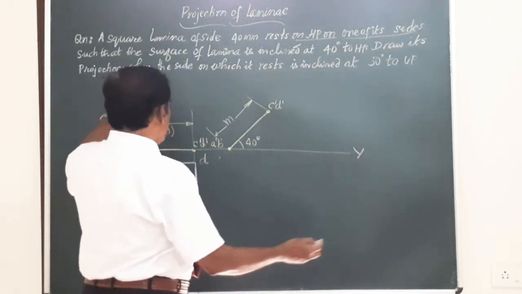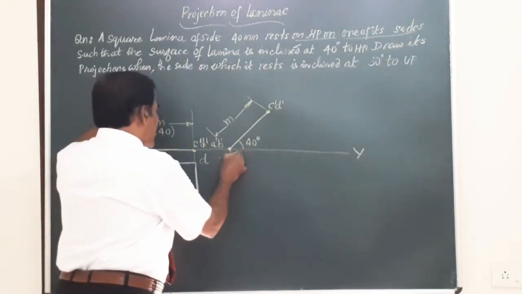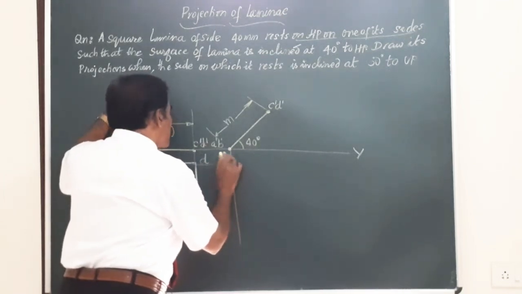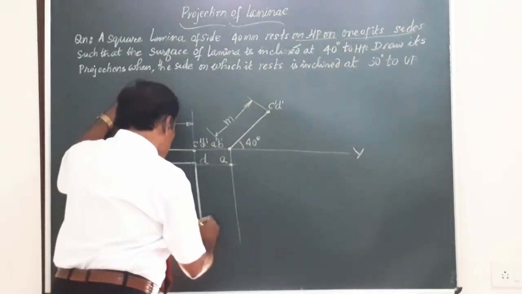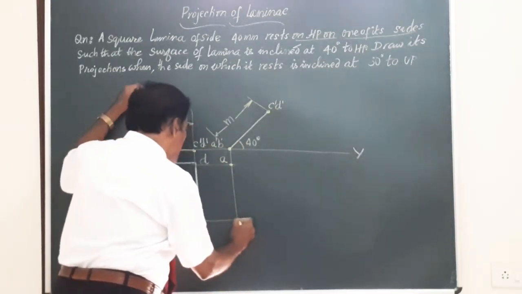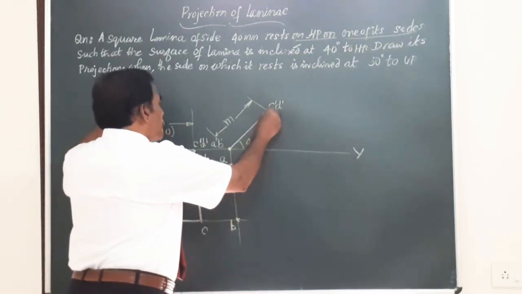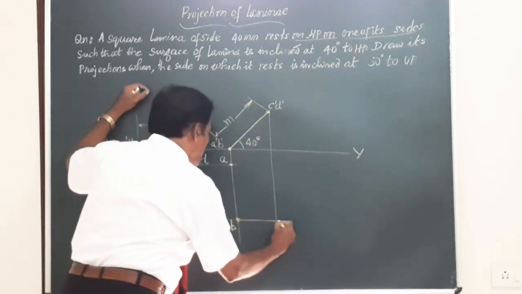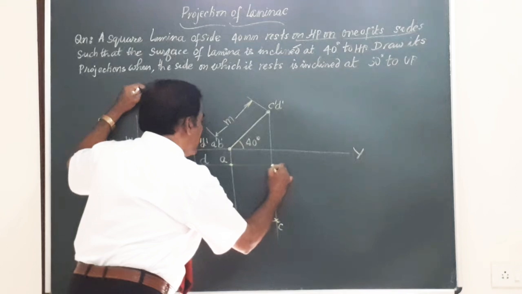So as per the simple law, draw a vertical line from A, a horizontal from here. The intersection of these two will give you A. Similarly B, vertical line from B, horizontal line from B, they meet here. I will call this point B. Likewise, you can obtain C and D of the lamina. So after B, you get C here, and this is point D.